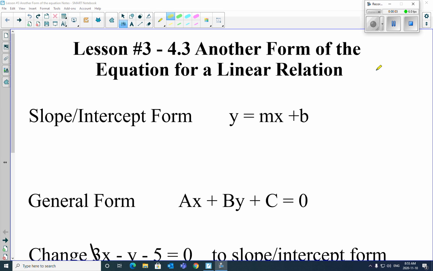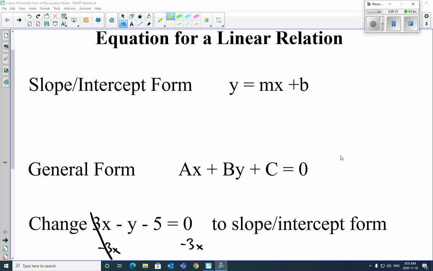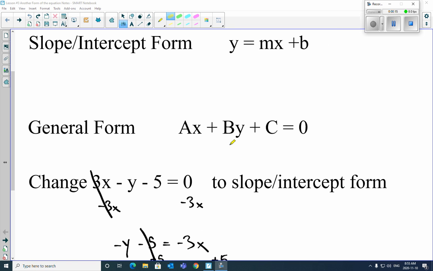So this is lesson 4.3, another form of the equation of a linear relation. What we're going to do is, we learned on the last lesson slope-intercept form, y equals mx plus b. Well, sometimes they're not given to you in that form. It's given to you in what's called general form. And you can see the process here, ax plus by plus c equals 0. And what we want to do is we need to be able to go back and forth between the two